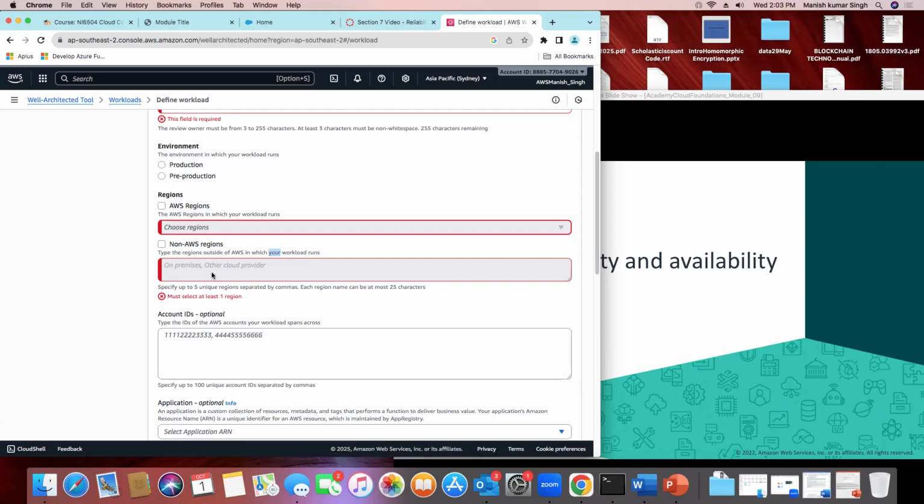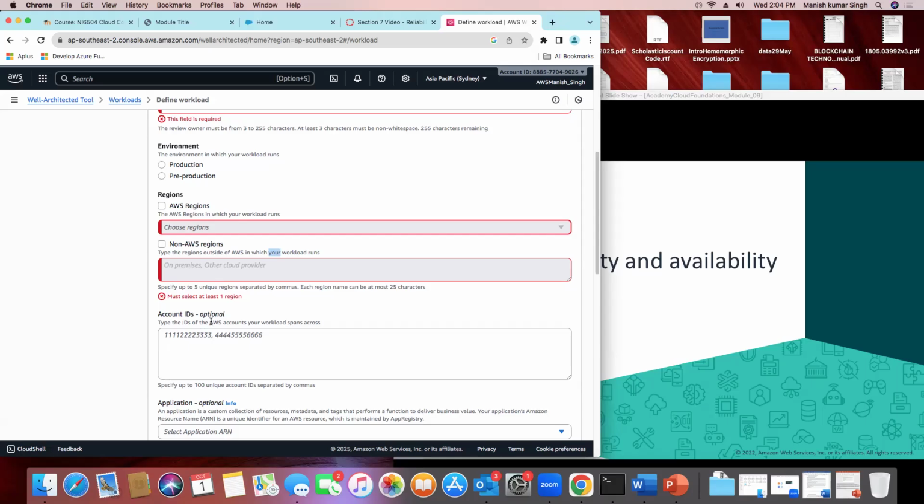For example, we have the Wellington region. If your office is in Wellington, some of these on-premises servers are in Wellington, and if you randomly choose, for example, the Singapore region, they will suggest that it's better to choose the Sydney region, or even better, the Auckland region, which has recently opened.